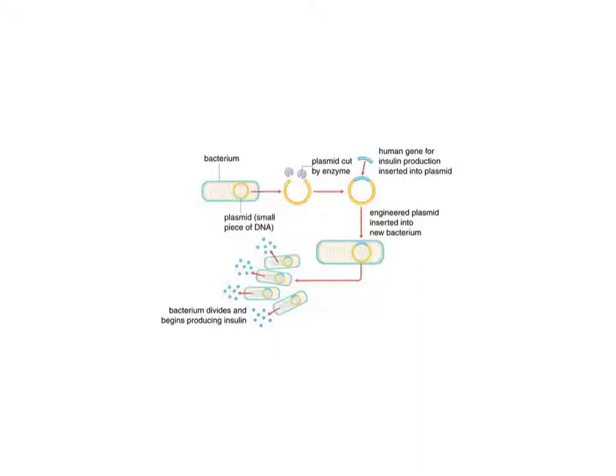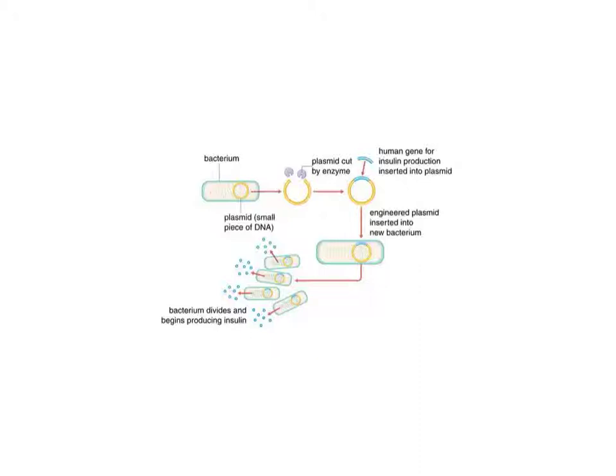Now, the diagram on the screen is showing you how a bacterium can be genetically modified in order to produce human insulin. First thing that needs to be done is to obtain the gene or the section of DNA that codes for insulin production. We'd get that from a human pancreatic cell, so a cell from the pancreas. We would then get a bacterium